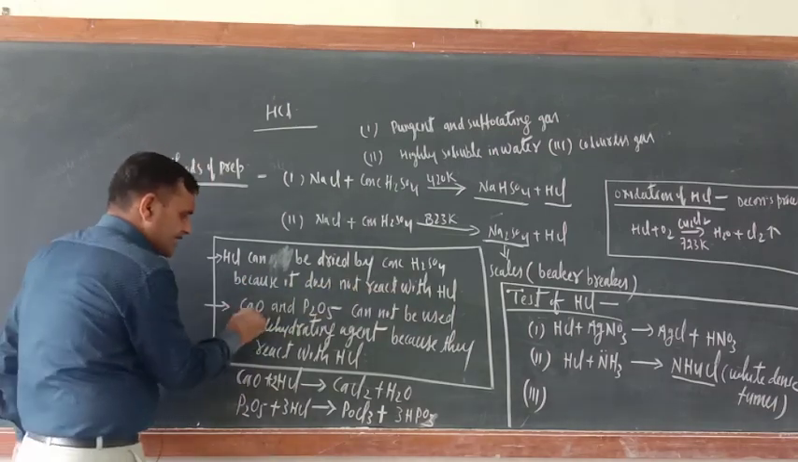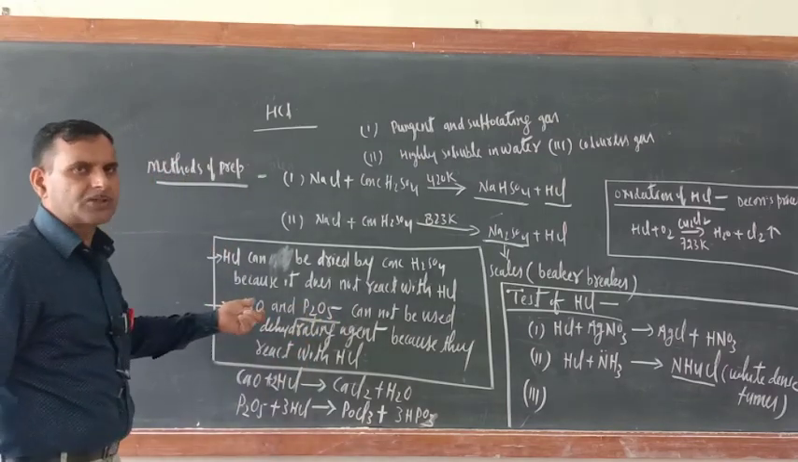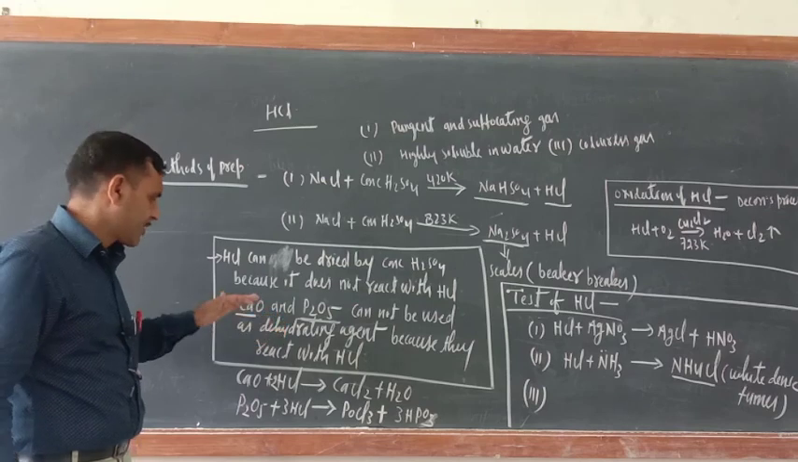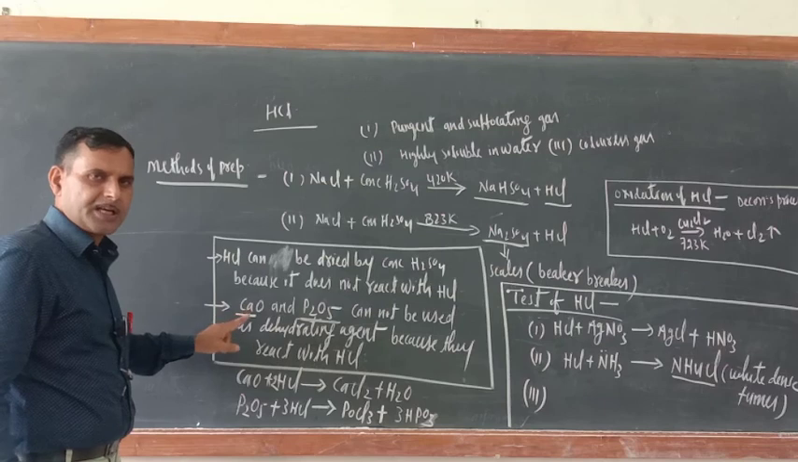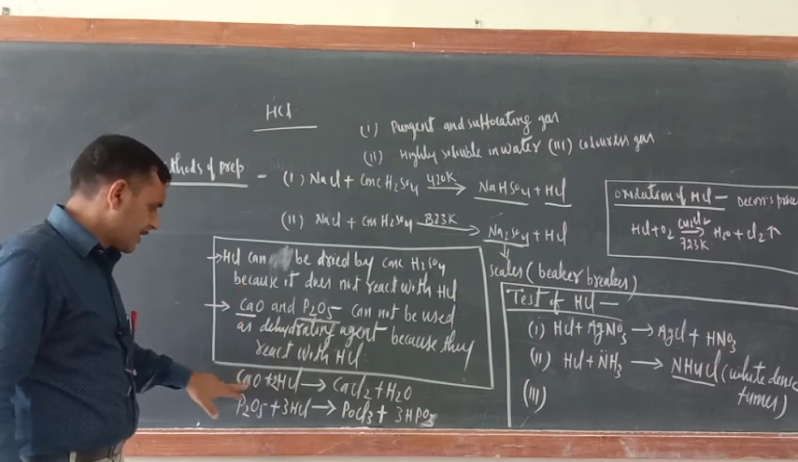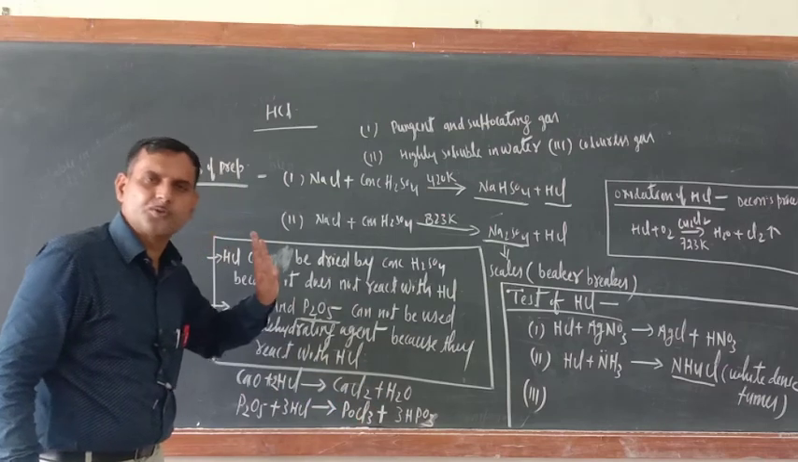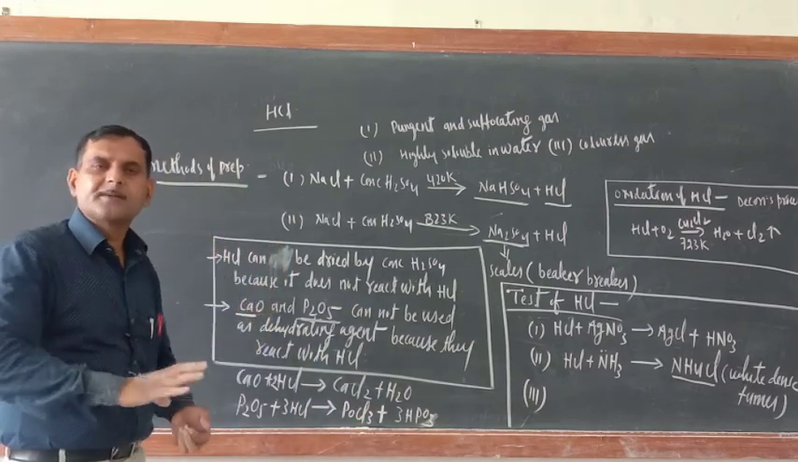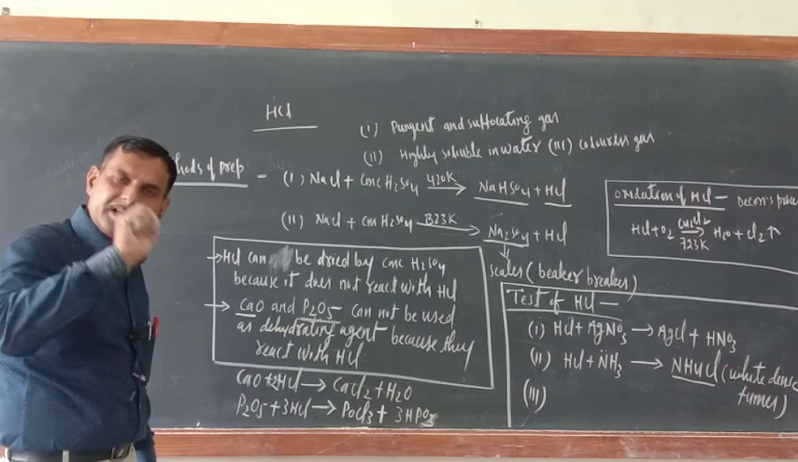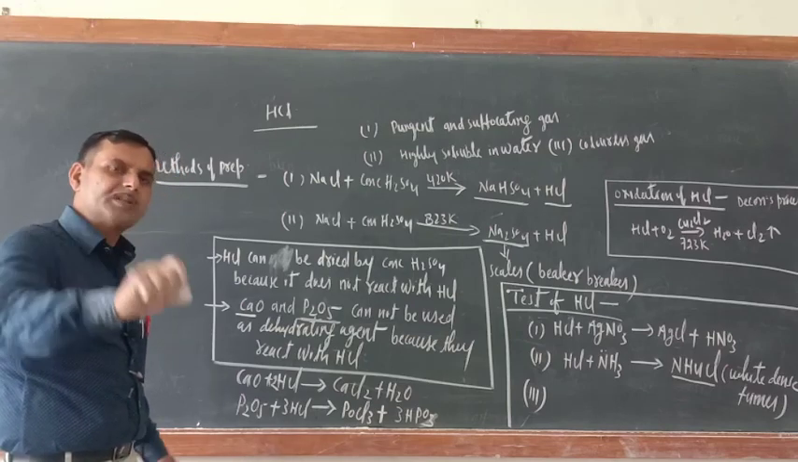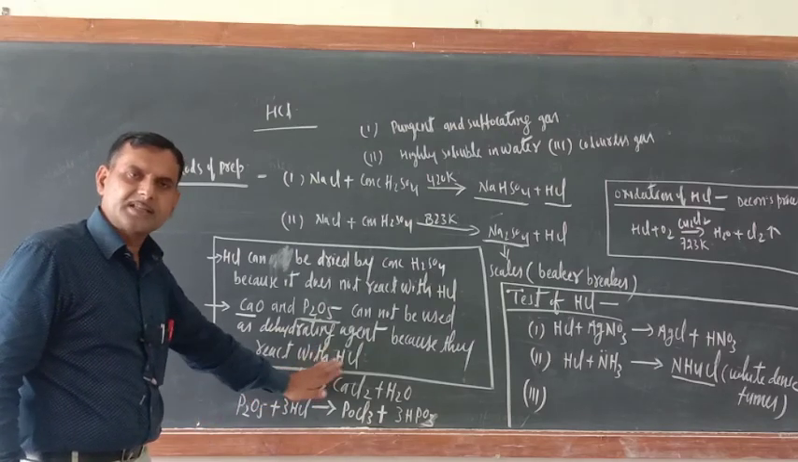Never use calcium oxide and P2O5. These two are also used as dehydrating agents, calcium oxide and P2O5, but they should not be used in case of HCl, because calcium oxide reacts with the HCl and forms CaCl2 and H2O. Our purpose is to absorb the water which is present with the HCl. A dehydrating agent should not react with HCl. Here calcium oxide is reacting with HCl. Then this is not a good